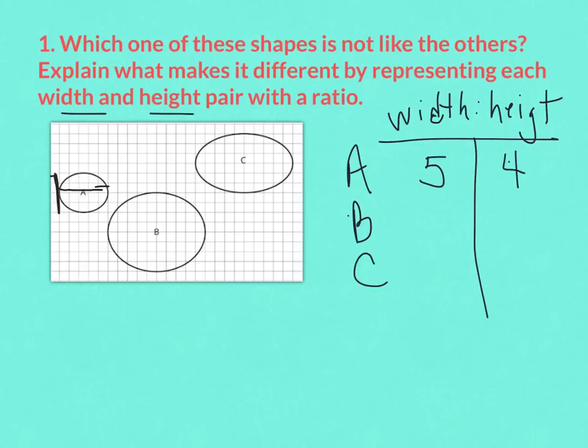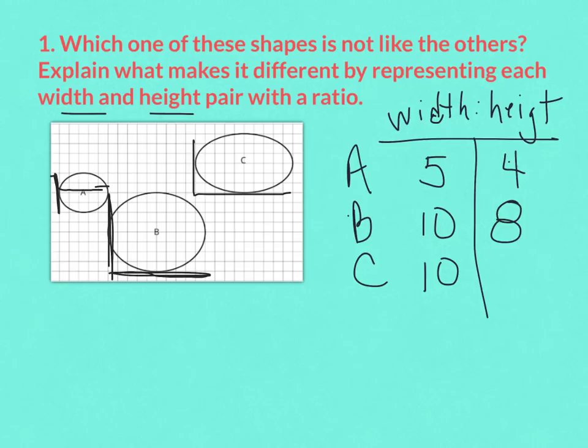I do the same thing for B. I look at the width across. I notice that this is 10. And then the height of B is 8. Again, for C, I look at the width of C. It is also 10. And its height is 6. So basically, I want to look at these three,